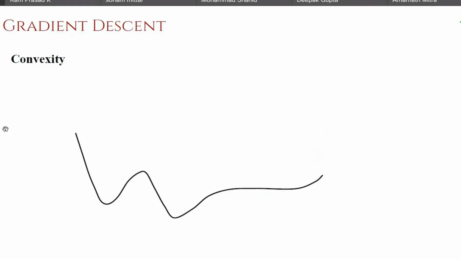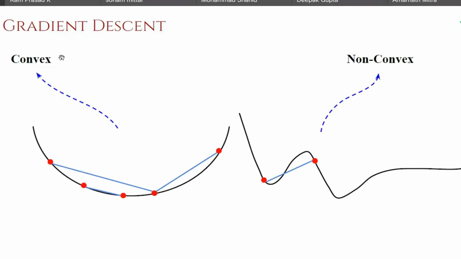Say, for example, we take a curve like this, and we are asking whether this is a convex curve or not. Let's take 2 random points on the curve and connect a straight line between them. See, now it is intersecting this curve. That means this is not a convex curve. So this is how we define convexity. This is non-convex. So we have convex as well as non-convex curves or surfaces. In higher dimensions, we refer to them as surfaces, so we have convex and non-convex surfaces.